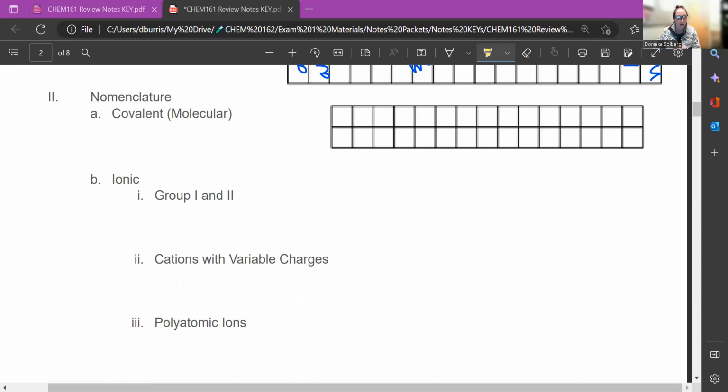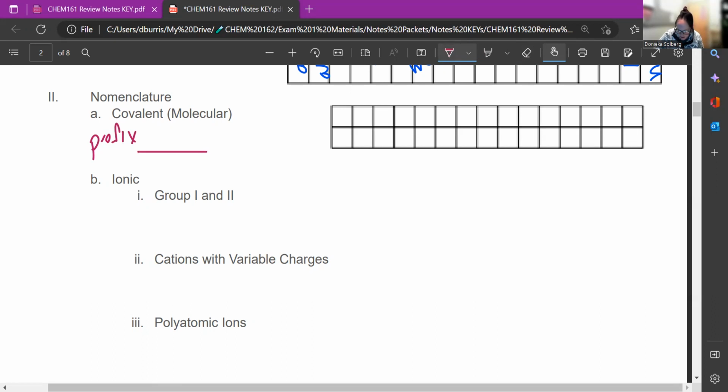So these are things made of non-metals. These are the ones that get prefixes. So like mono, di, tri, so on and so forth. So to name a covalent compound, you use the prefix, and the prefix tells you what the subscript is. So it goes prefix,